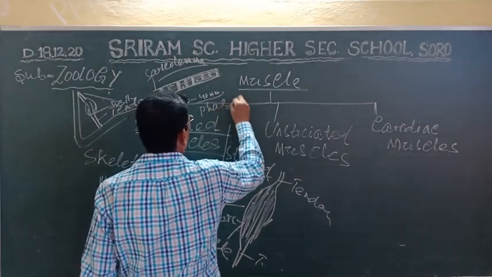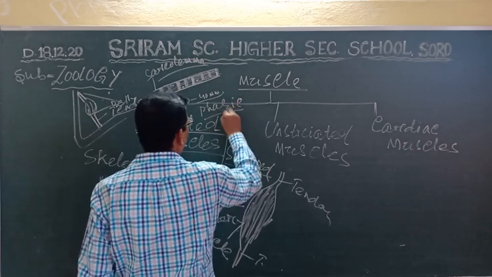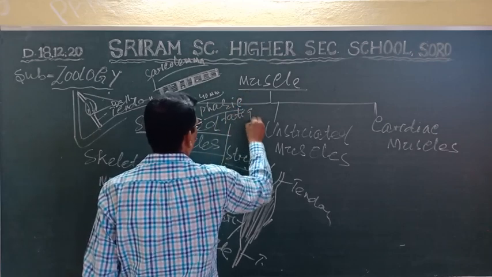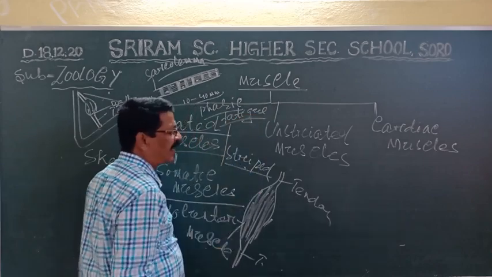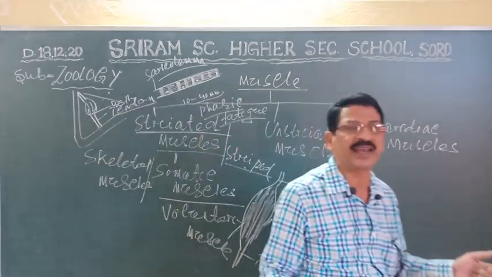These muscles are also called the fatigue muscles because they act very rapidly, or contract very rapidly, and